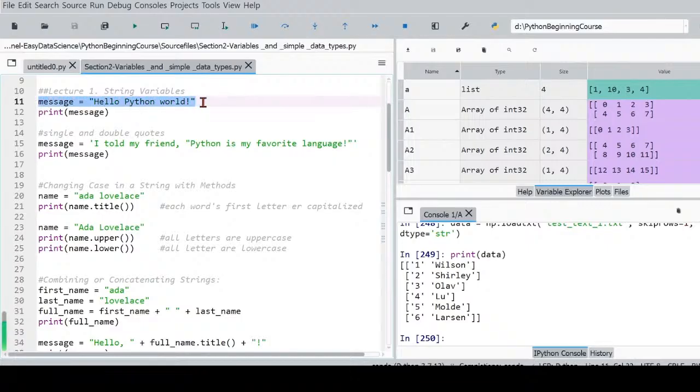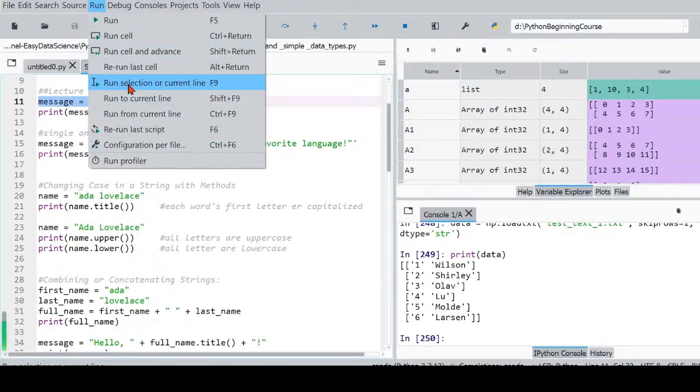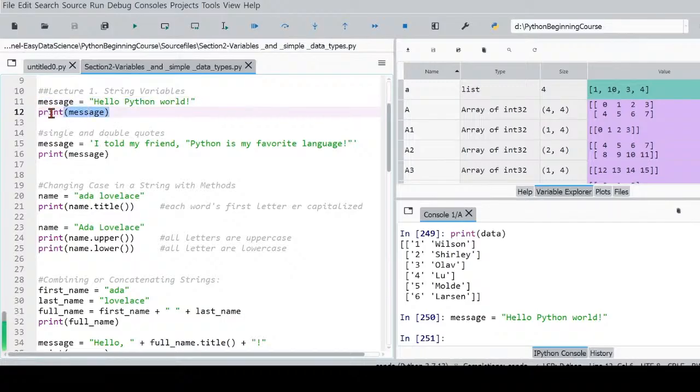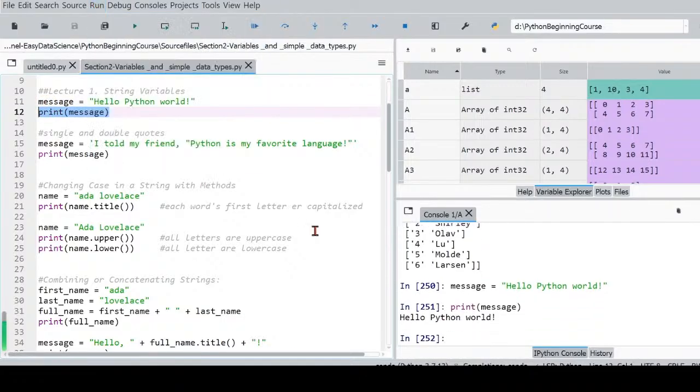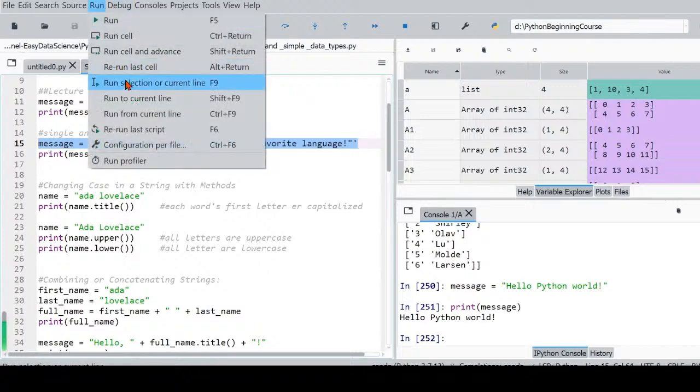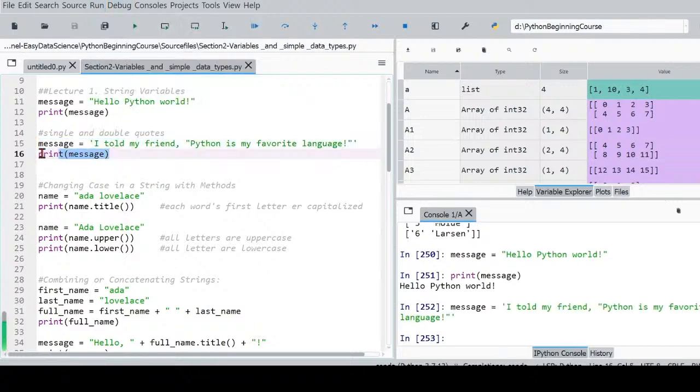So this is a string message, and we can print this string. Hello Python world, and this is also a string. We can also print